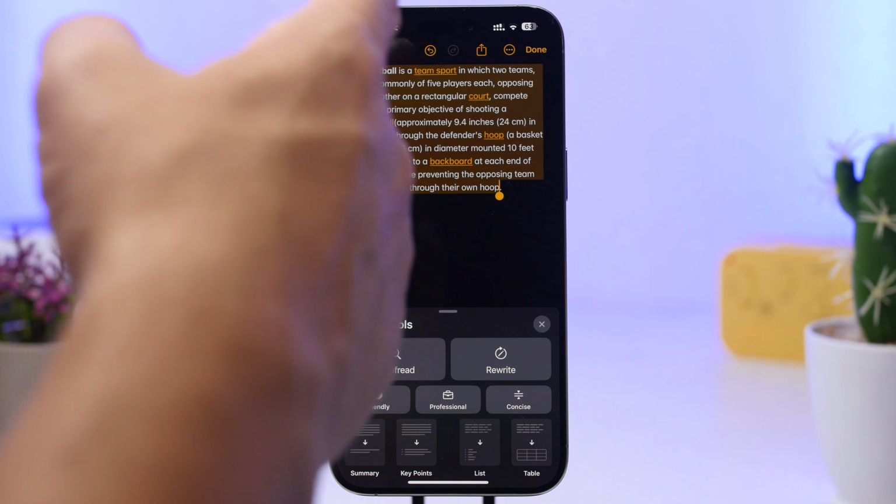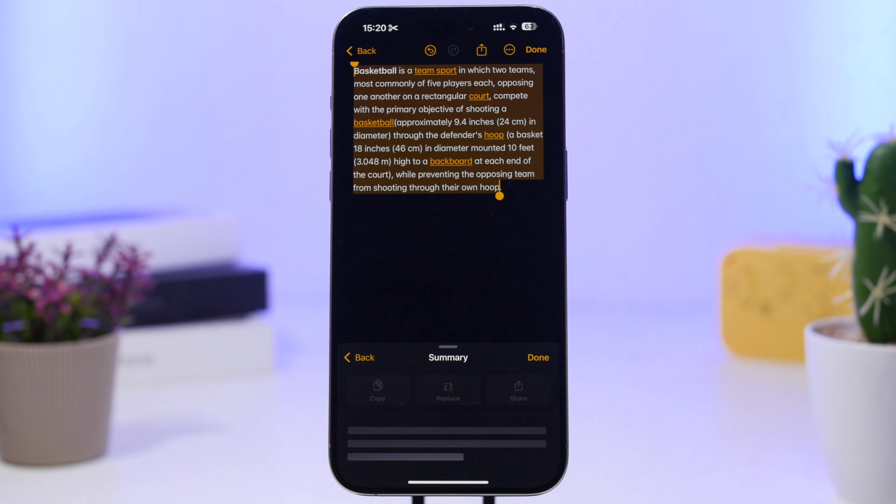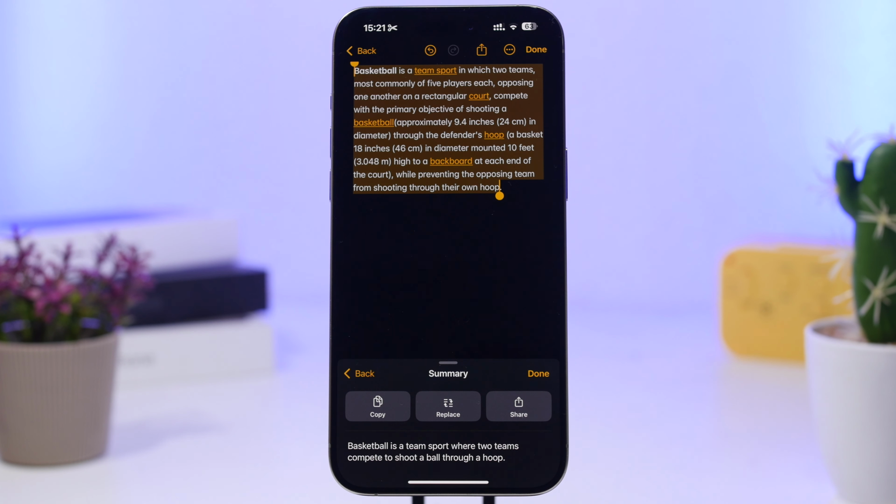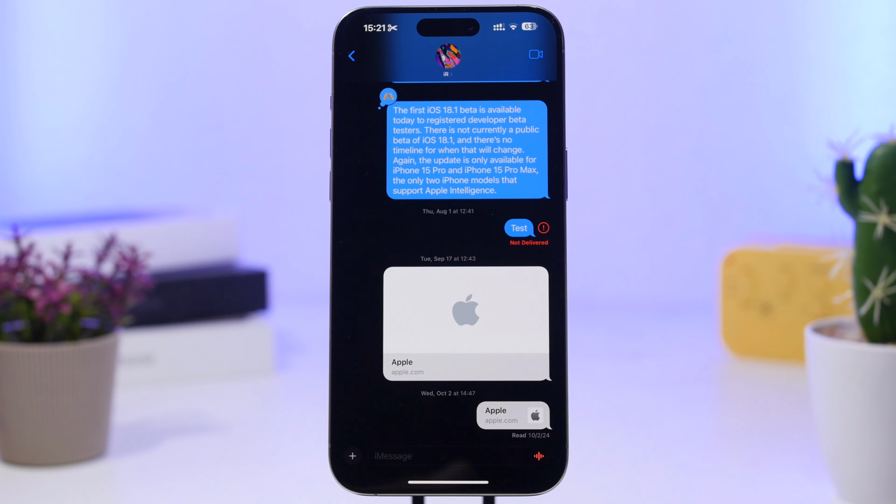So in this case, you might want to just create a summary. You can just tap right there, and in a few seconds here you will have a summary of that text, which is pretty awesome. So again, these are the writing tools which you actually have access to from pretty much anywhere on iOS. Moving back to messages, now with messages on iOS 18.1 and of course the new Apple Intelligence features,